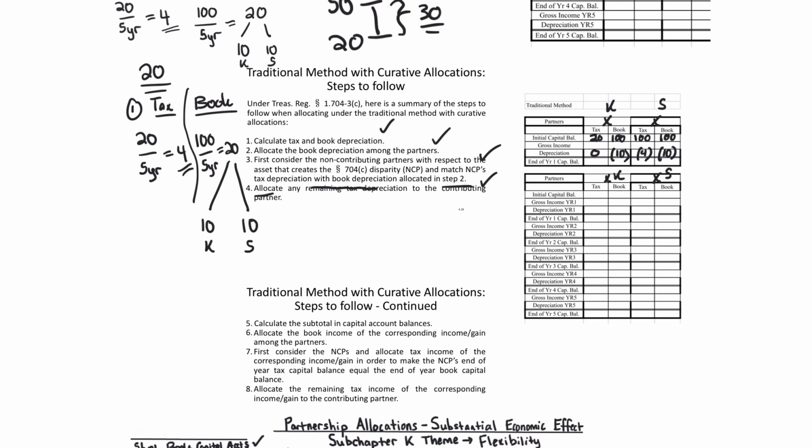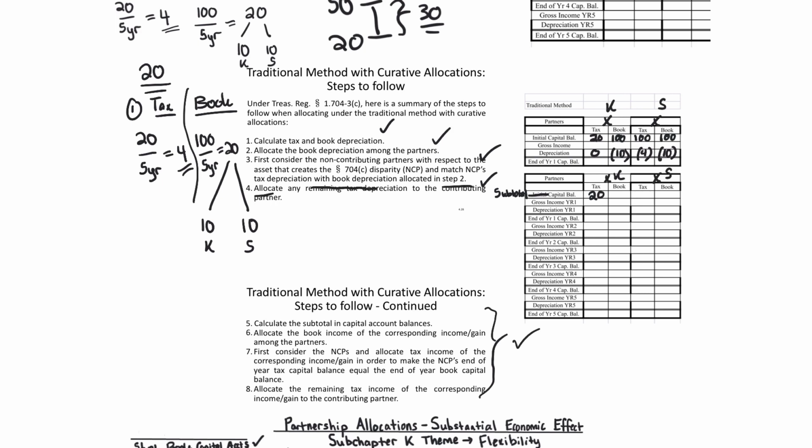So for the traditional method of curative allocations, these are now the new approaches. So the next step is to calculate the subtotal and the capital account balances. What I'm going to do here is make a subtotal down here. The subtotal capital account balance, if we calculate the subtotals, we're going to get